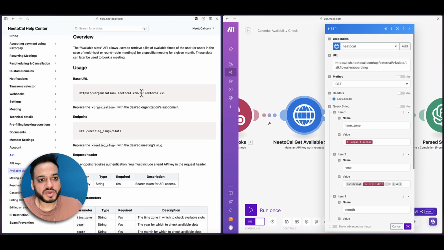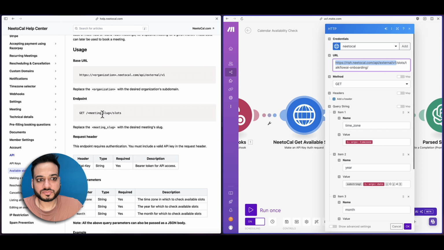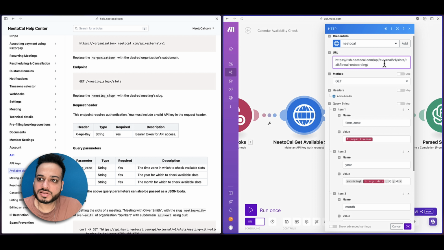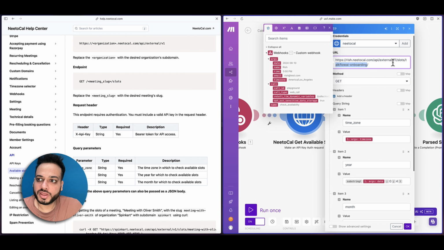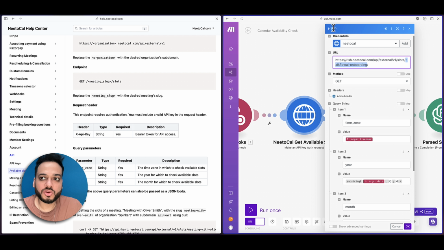Now the endpoint would be meeting slug and slots. My meeting slug here is TalkFlow AI onboarding. This is the slug which I entered when creating a new meeting inside NeetoCal.